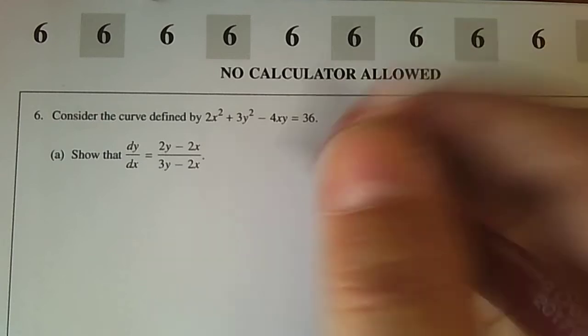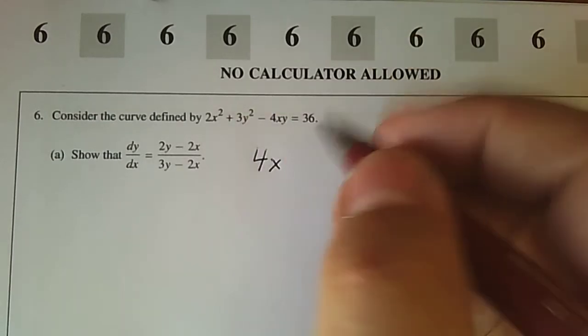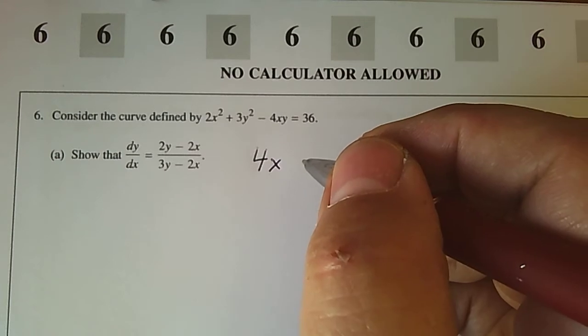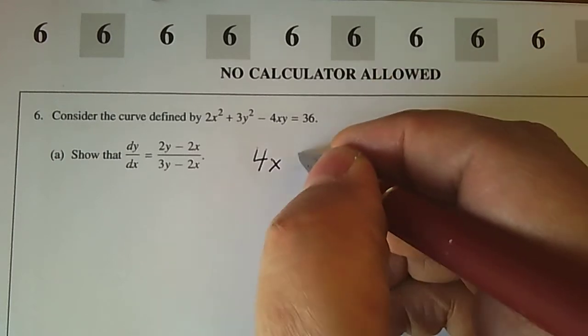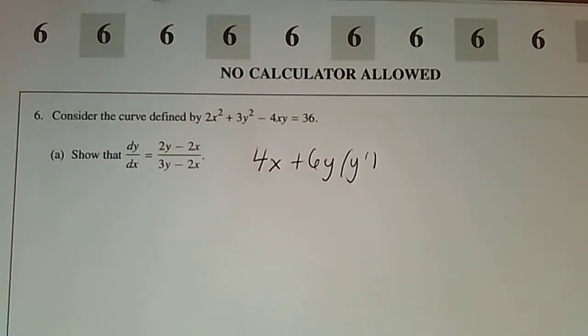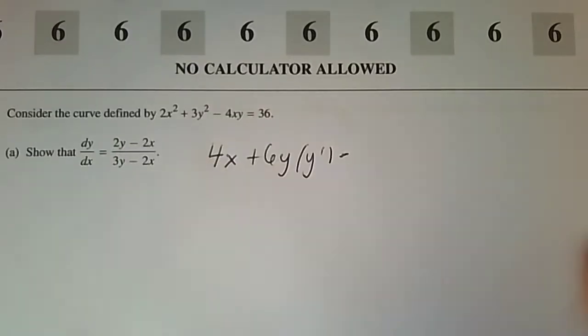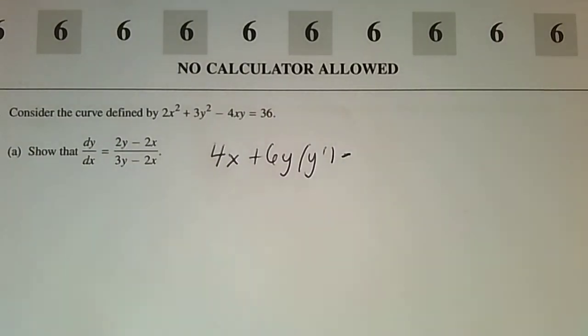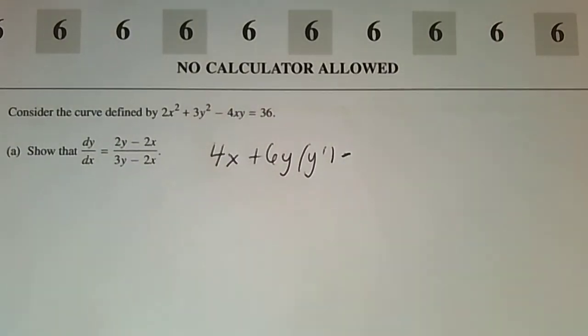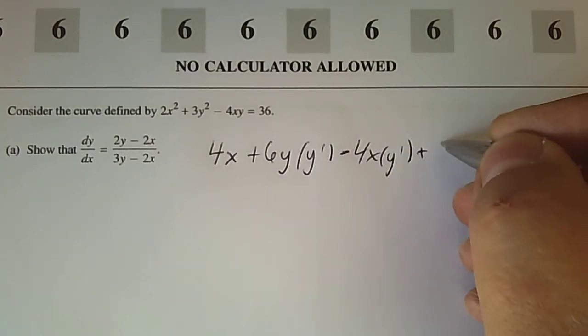I know you can. So the derivative of 2x squared is 4x. The derivative of 3y squared is 6y, but then it needs a y prime. This is the tricky part, which isn't tricky for you. 4xy is the product rule, and you've seen it so many times. That's the first times the derivative of the second, plus the second